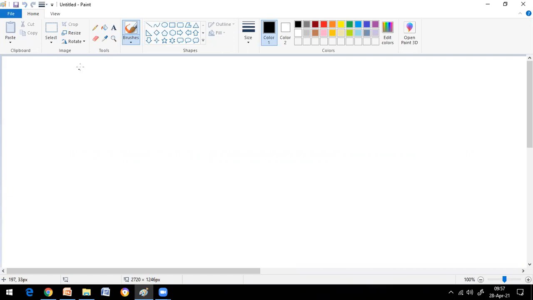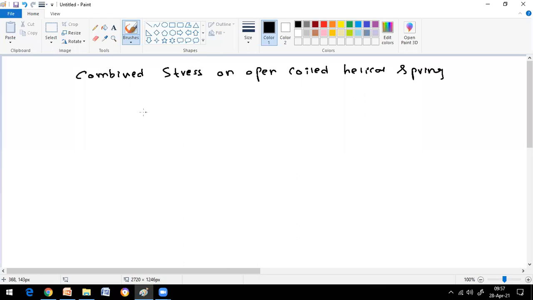Right. So let's calculate what is the combined stress. Note down, combined stress on open coiled helical spring. Okay, so note down, this is very, very important. Sigma is equal to FB, nothing but bending, by 2 plus or minus root of FB square by 4, sorry, plus